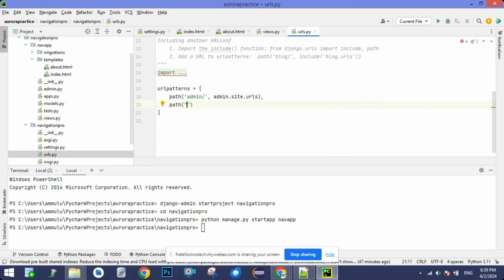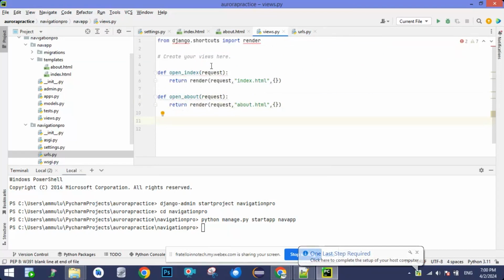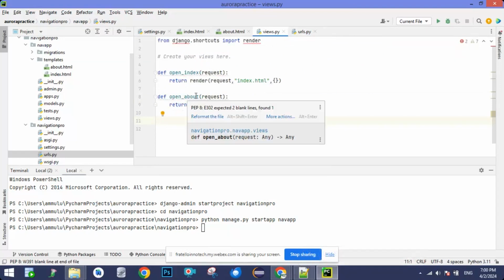Let's take an example. If you type www.google.com, by default one page comes, that's the search page. Likewise, the default page we indicate with empty quotes. Nothing to give, only empty. Now you need to give here the name of the function which you wrote in the views. You should decide which you want to open as a starting page, either index or about. Now you want to